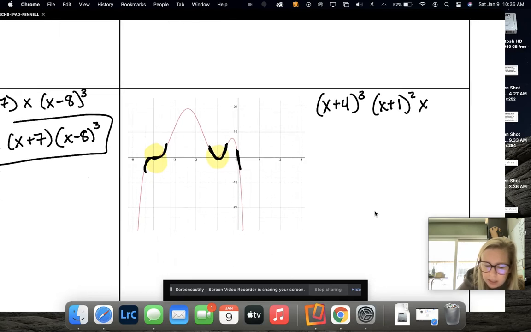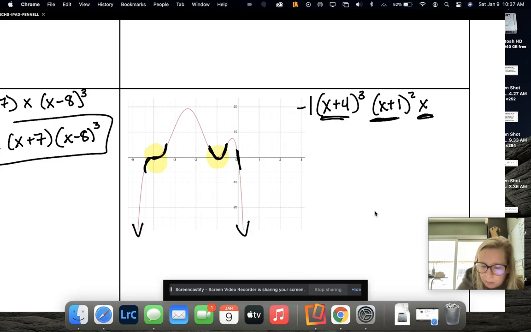Okay, let's check this out. We have both arms facing down, which means this should be an even degree, and the arms are facing down, so we need a negative leading coefficient. So I'm going to multiply this whole thing by -1 because I know my arms are down. Okay, this is 3 x's, 4, 5, and 6. So this is a degree 6 polynomial, which jives with the fact that it appears to be even on my